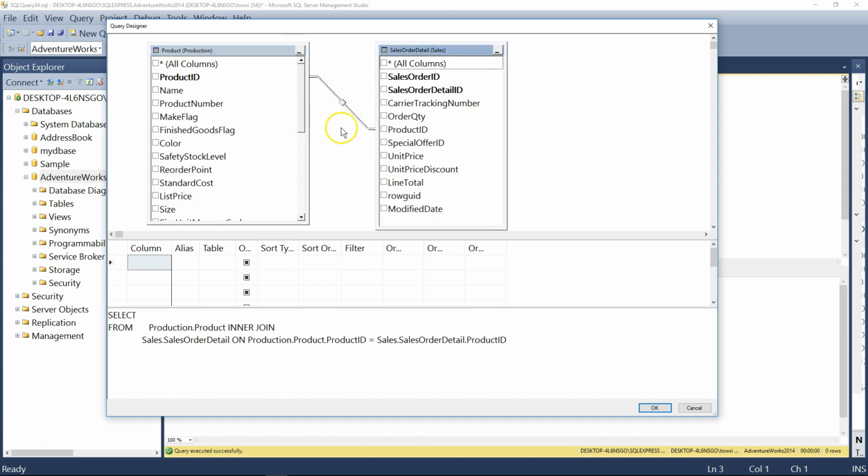And look between the two tables. These are the fields in the tables. This is the product on the left side and the sales order detail on the right side. Note on the left side, you've got this product ID field right there. And on the right side, you also have a product ID field. So the query editor is smart enough to immediately establish a basic inner join